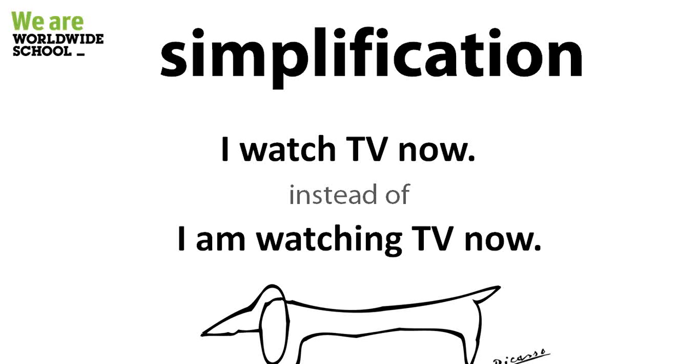When we already know several different structures in the foreign language, in this case the English language, but we don't fully understand how to use them, we are not yet proficient enough to use them correctly, we go for simpler structures. So obviously in this case, the present simple tense is much easier to memorize and learn than present continuous tense. So we just go for present simple instead of present continuous because it is simpler and both tenses